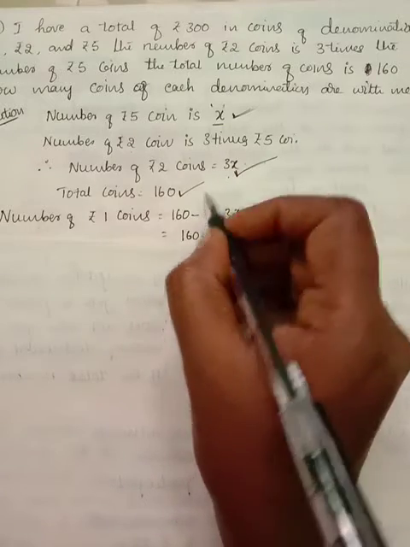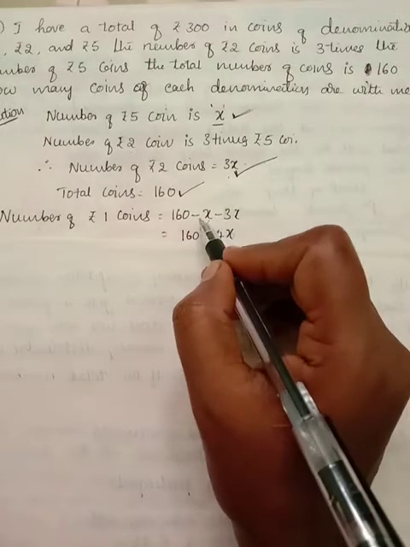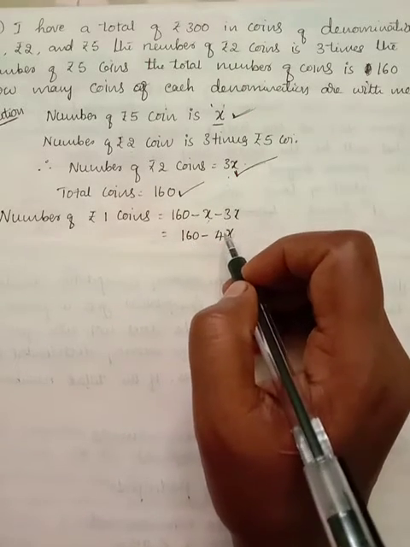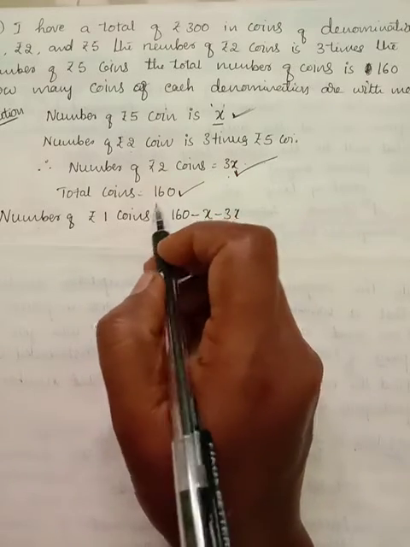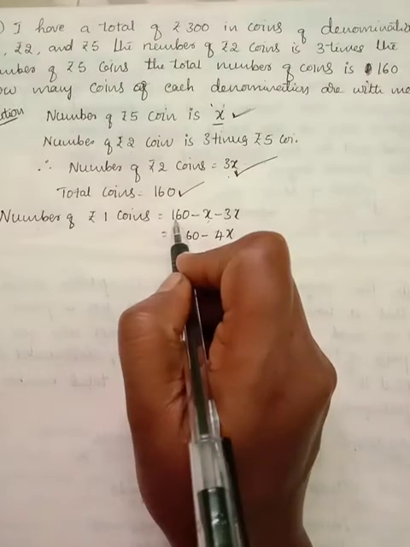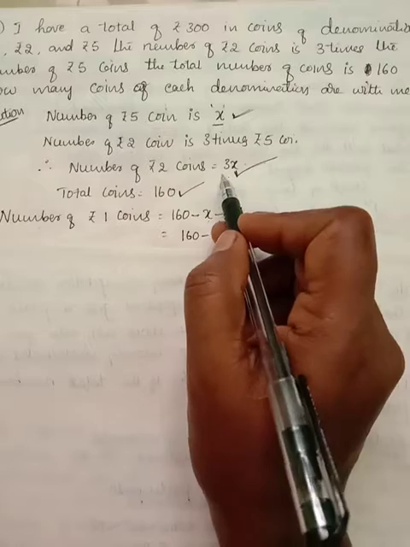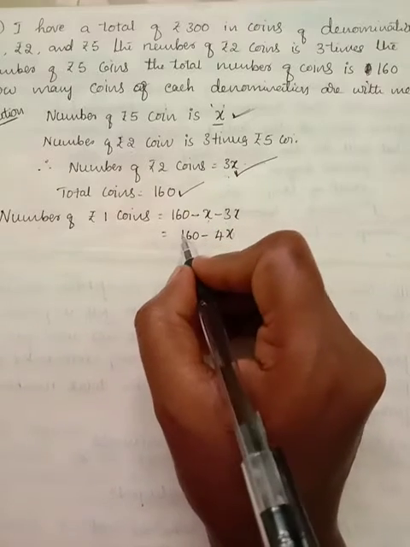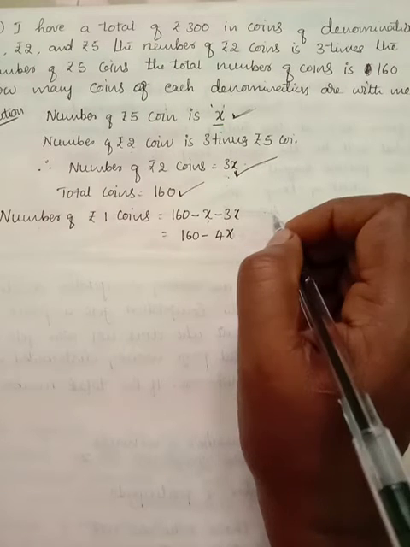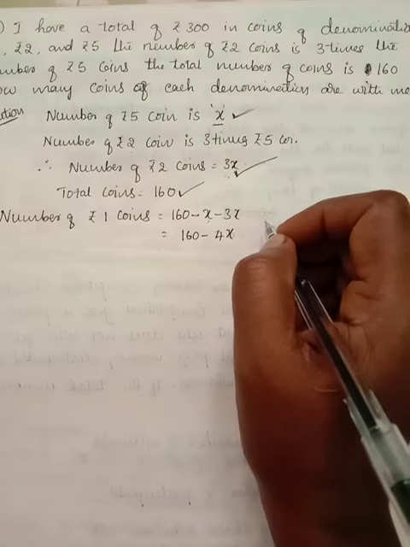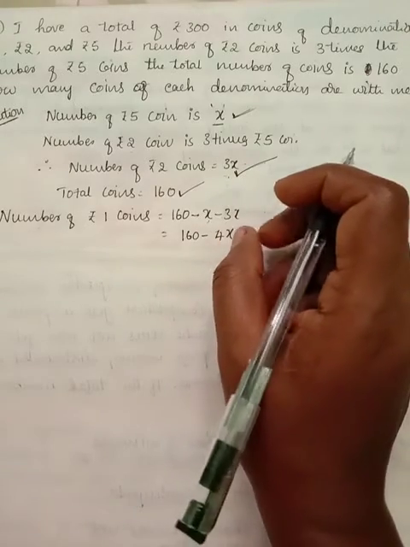160 coins, how many 5 rupee coins and how many 2 rupee coins; if we subtract them, the remaining coins will be 1 rupee coins. So that's why it is the total number of coins minus 5 rupee coins minus 2 rupee coins. And finally you simplify it. I will tell you many times, the basic knowledge will help you at your fingertips. So what is the purpose of using that basic knowledge?